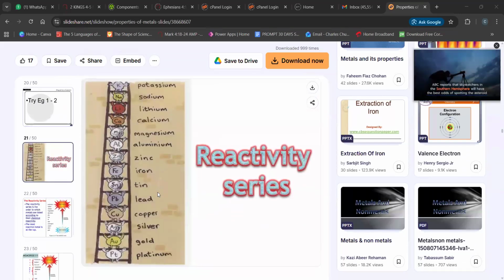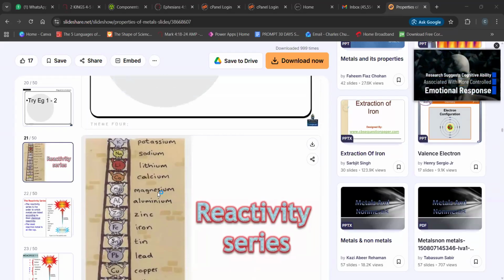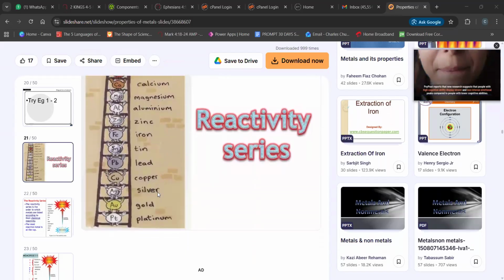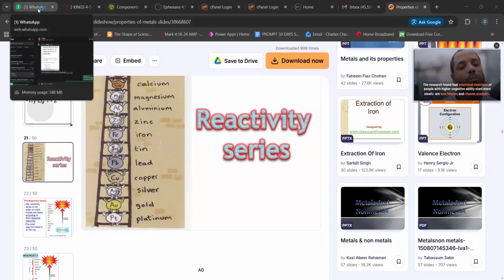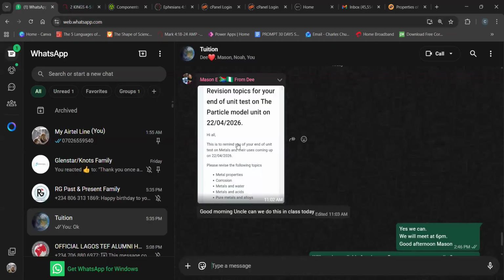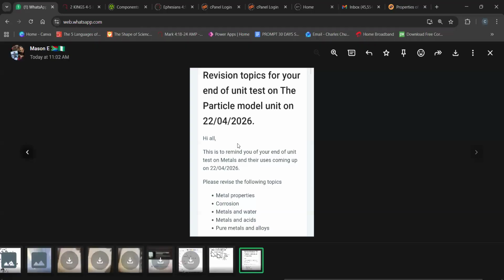Do you have an idea of what the reactivity series is? I think we can pass. Is it like starting from the most reactive to the least reactive? Yes, I know what it is. Okay, that's good. All right, no problem. I think we can skip it. It's not highlighted in your material for your test. So maybe we'll skip it.